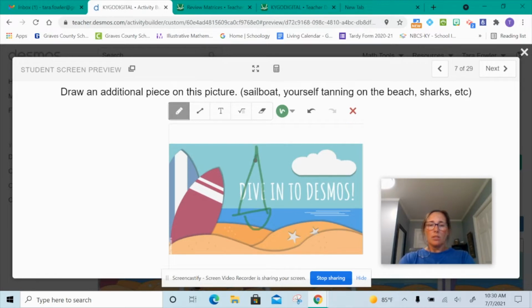And again, this is just to show you what all this can do. So you can have them draw anywhere on your picture. You can also have them type anything that you would like for them to type, so they can move their little text box anywhere they want to. This tool is just the line tool where they can actually connect dots or draw lines or whatever they need